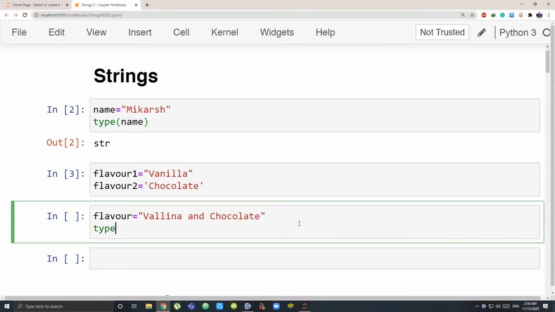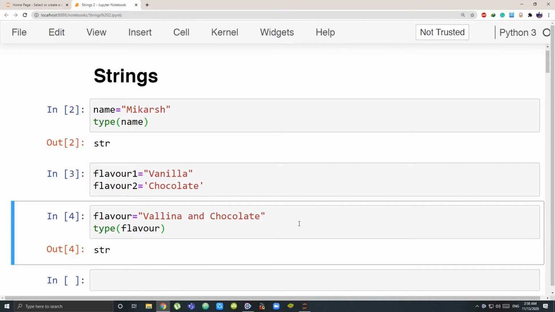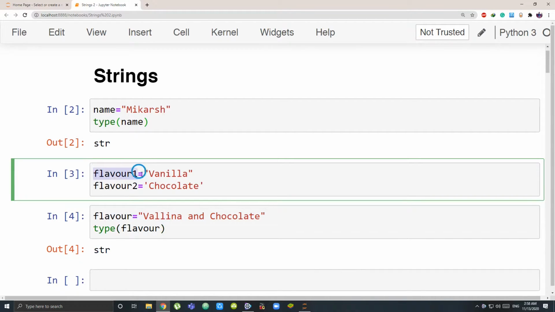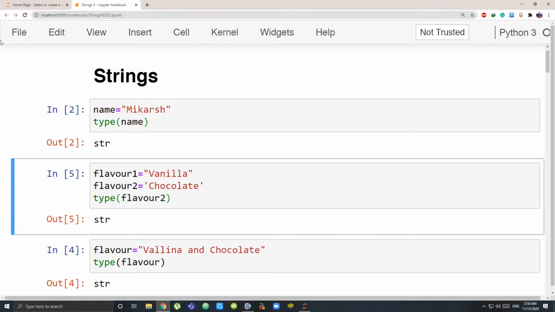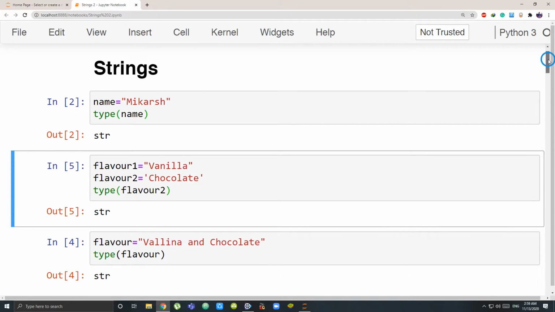Let me check what is the type of flavor. I have stored vanilla and chocolate together as a string. I have stored flavor 1 as vanilla, flavor 2 as chocolate. Both are again strings. Let me show you what is the type of flavor 2. So the type is again string. So these were all my strings.